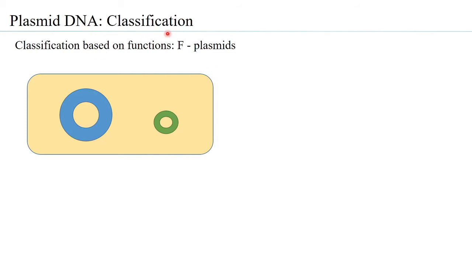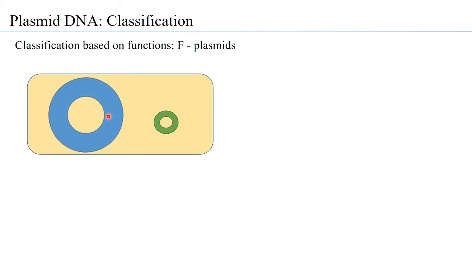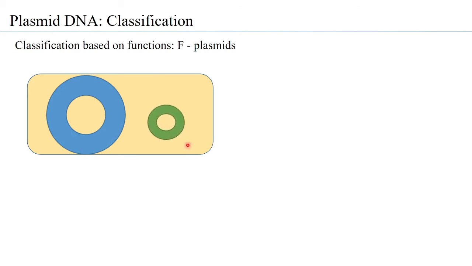There are ways of classifying plasmids, but what we will be focusing more on is classification based on the functions that are attributed to the bacteria due to the plasmid. So we will first look at what are called F plasmids. F over here stands for fertility. So these fertility plasmids, as you can see, you have a bacteria that has the genomic DNA, and it also has the fertility plasmid DNA.